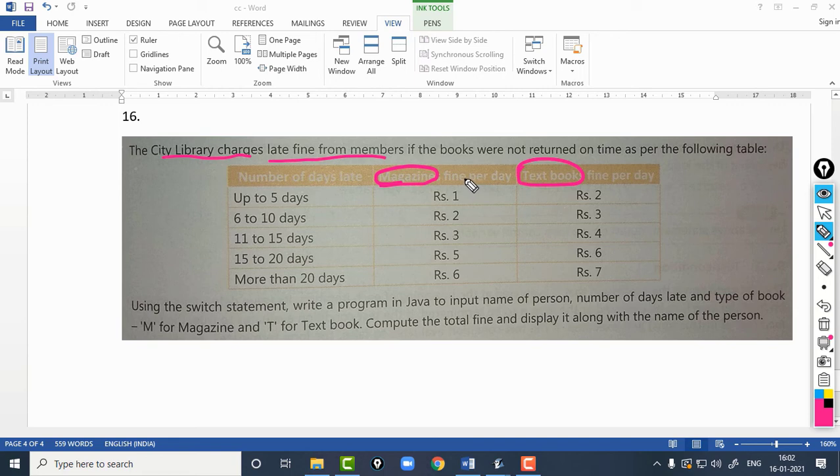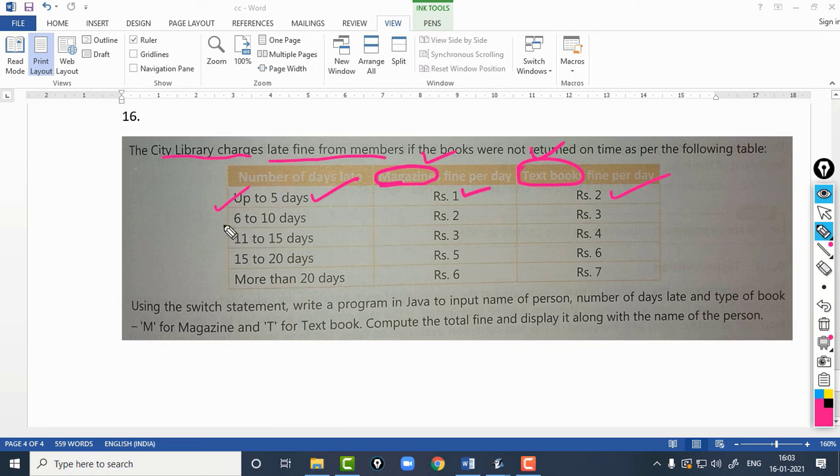So from this library one can borrow either a magazine kind of book or a textbook kind of book, and the fines have been defined like this: up to 5 days, if it's a magazine, if you are late by up to 5 days, then the charge will be ₹1. And if it's a textbook and you are late up to 5 days, then the charge will be ₹2.